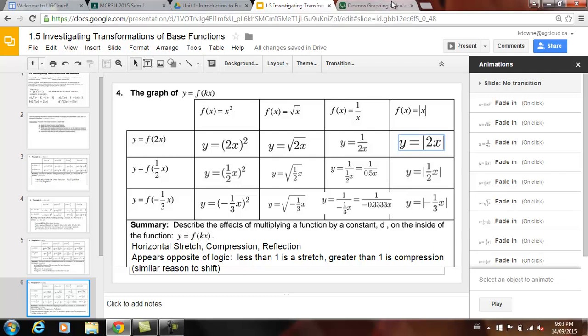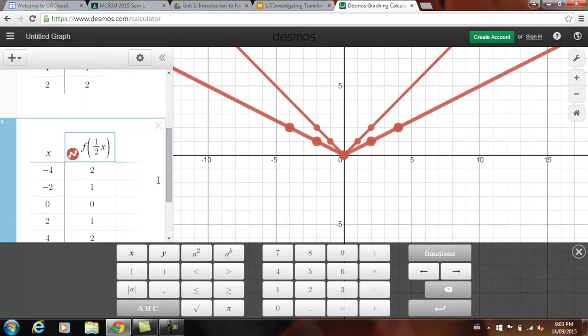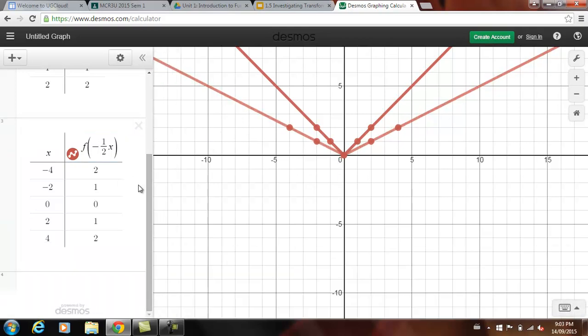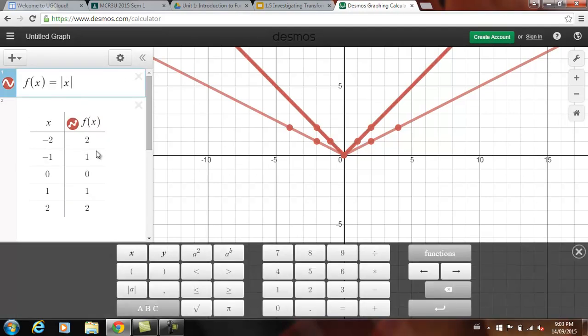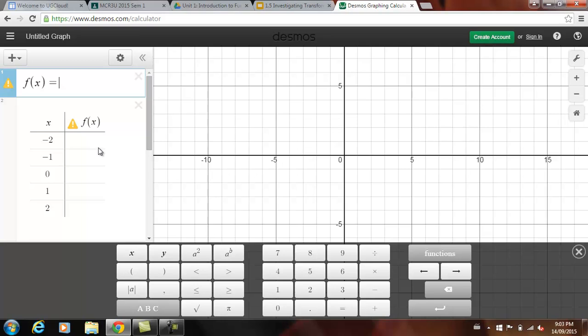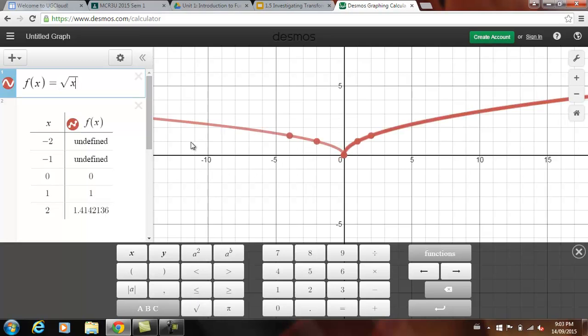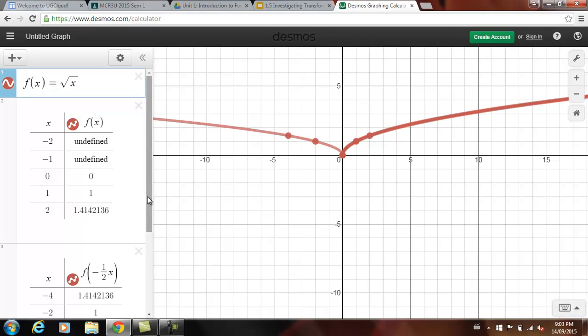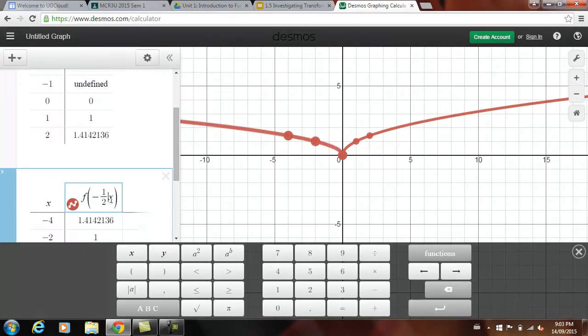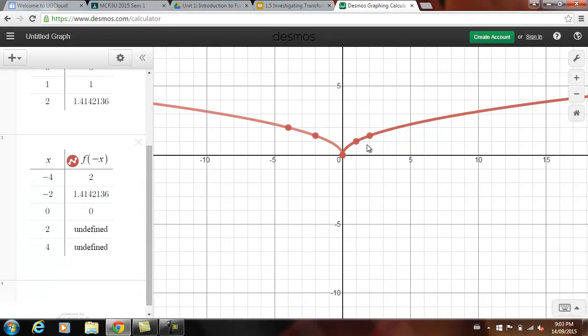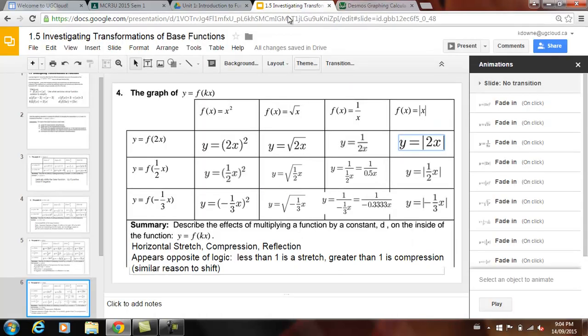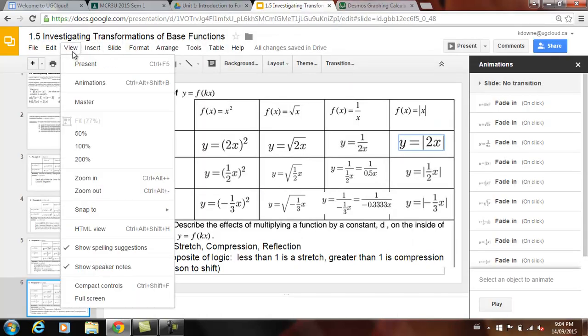And then negative 1/3, what it does is here it actually doesn't do anything because it's a reflection in the y-axis, and that doesn't change anything. Absolute value is still the absolute value, so it doesn't change anything. But if we had something like the root x graph here, I'll just change this back to x, so you can see, when we do a negative sign, it actually becomes a horizontal reflection. Okay? And so just to summarize,